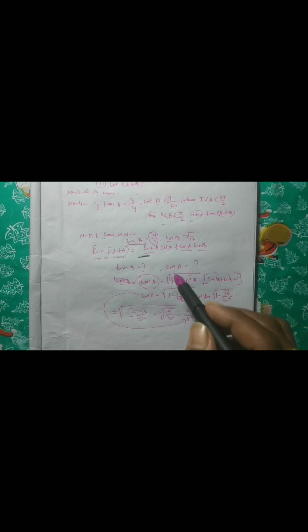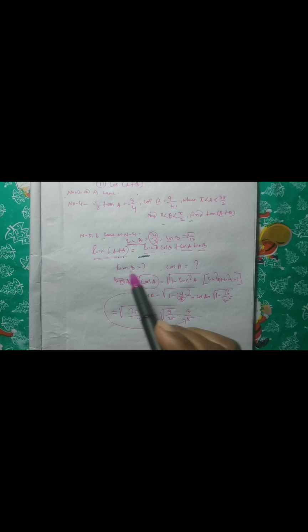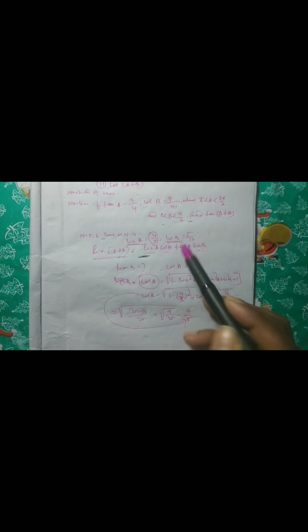Same from cos A to sin A. Now from cos B to sin B we have to get. But cos B is given 5 by 13. How will you get sin B? Now sin B is equal to root of 1 minus cos square B. Same. Okay. 1 minus cos square B means cos value, what is given? 5 by 13